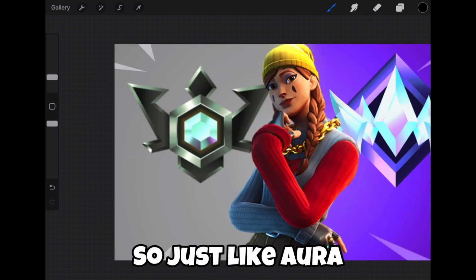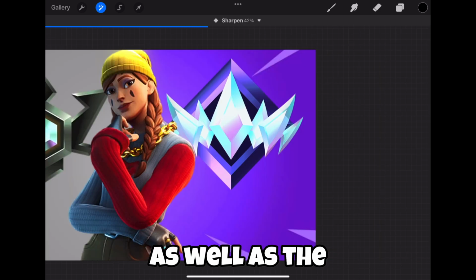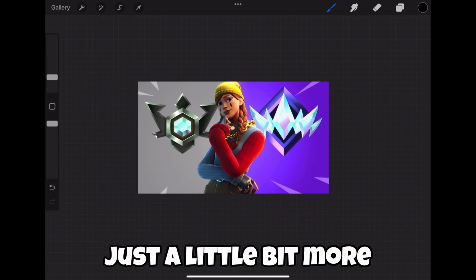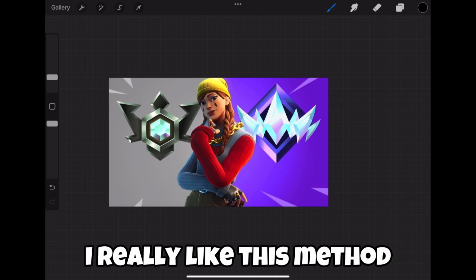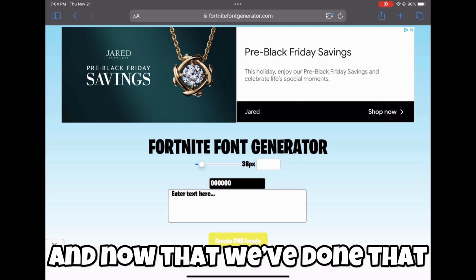And that looks good. So just like Aura, I'm also going to sharpen the Elite emblem as well as the Unreal emblem just to kind of bring out the pop in it just a little bit more. And overall, I really like this method. I think it makes things look just that much better. Sweet. And now that we've done that, we're going to go to